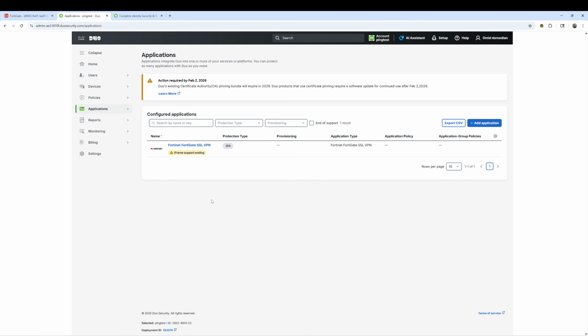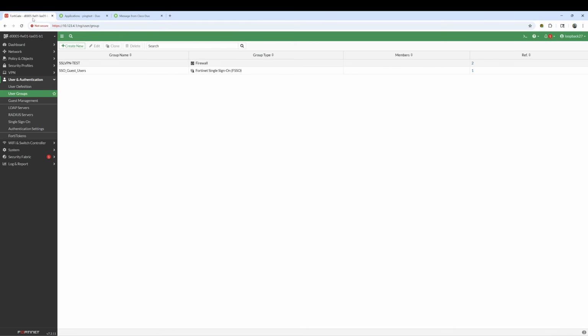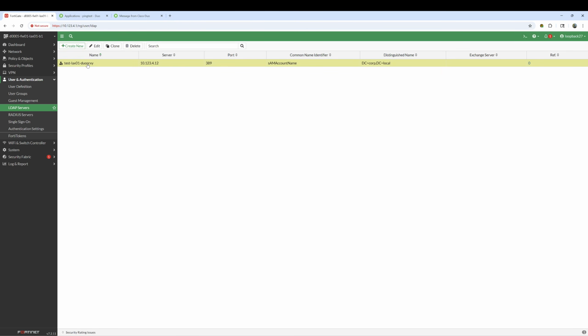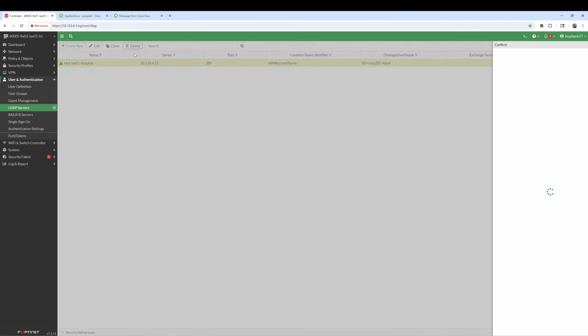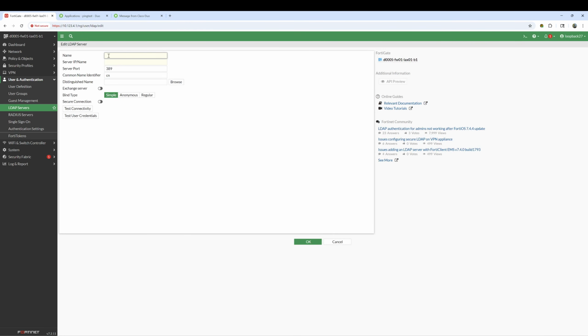So now it's time to go to FortiGate to configure SSL VPN and LDAP. Let's get to FortiGate. I already created the LDAP user and LDAP server. I'm gonna remove it so we can create it together. I'm gonna copy this name, remove it, create new, name it, put your Duo proxy IP,